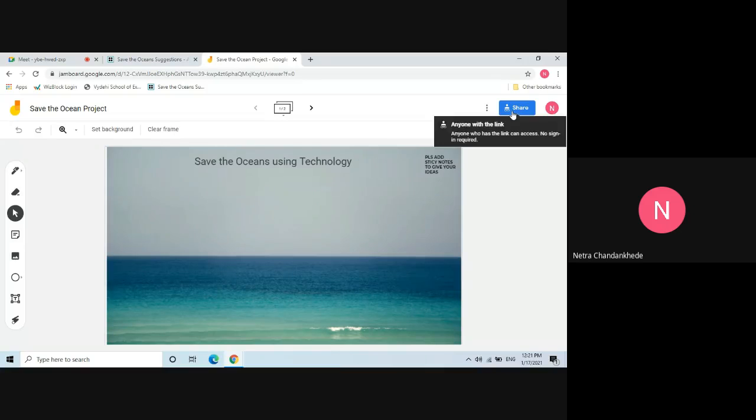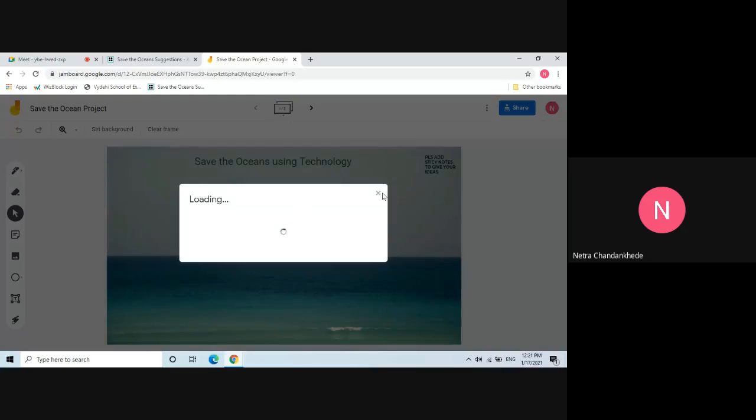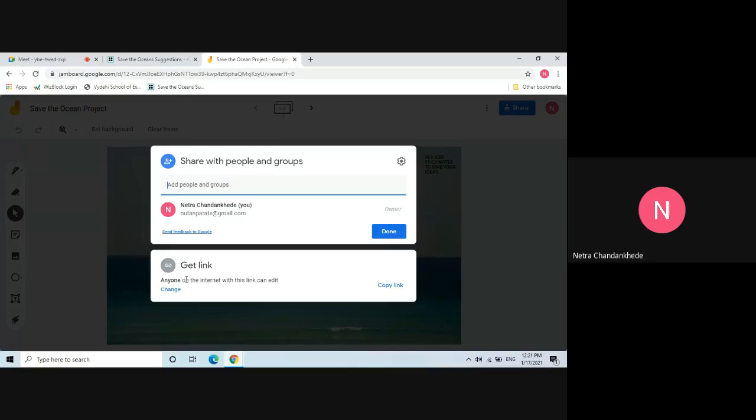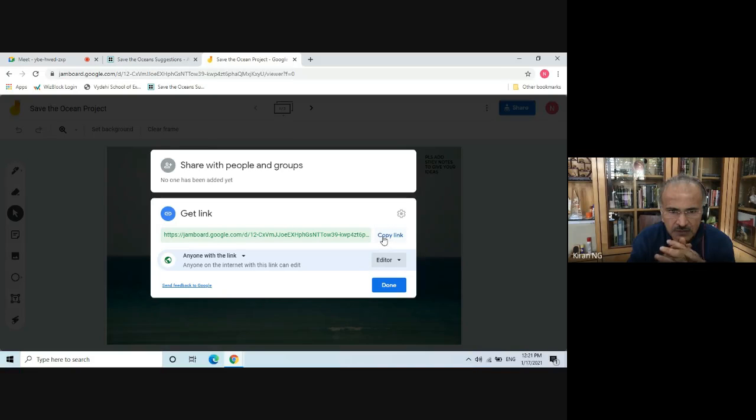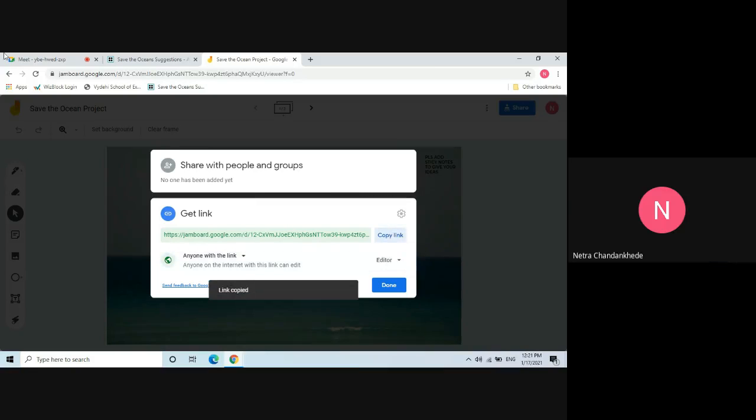Okay, so I clicked on share and I had already given the permission, but I had not set the link. So here I've changed it to anyone with the link so that all of you can view it. And here, instead of viewer, which means you can only see what I've done on the Jamboard, I want you to edit it. I want you to add a few sticky notes to tell your ideas to me. Yeah, go ahead. Yeah, send us the link. We will give you ideas.